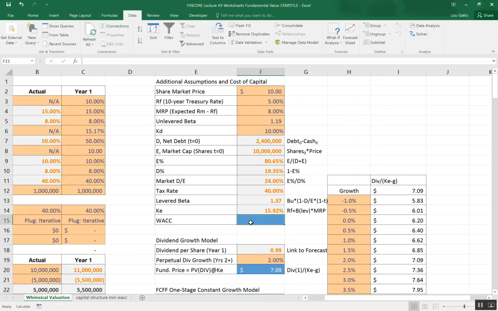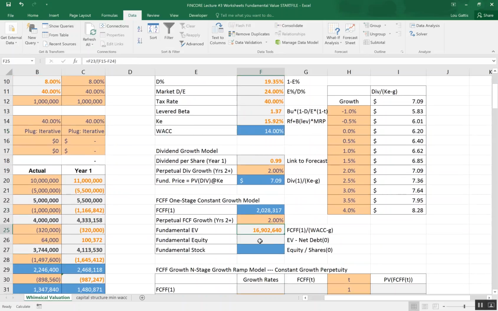Now I think I have all the information I need for WACC. My WACC is going to be my equity percent times my cost of equity plus my debt percent times my cost of debt, that was an assumption, times 1 minus the tax rate. So I got a WACC of 14%, which gives me the total enterprise value, the value of all the firm's